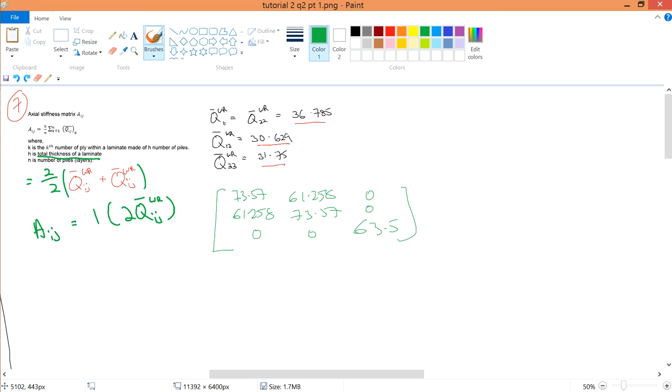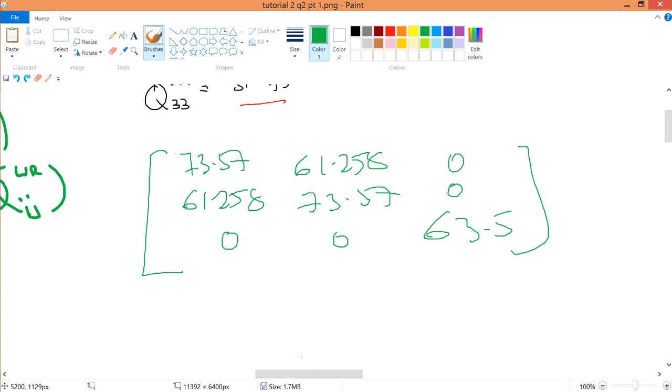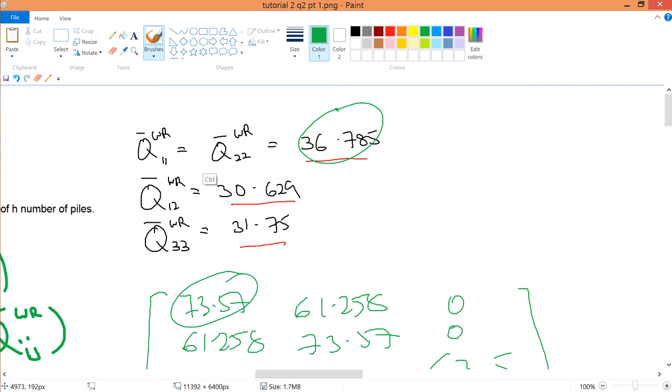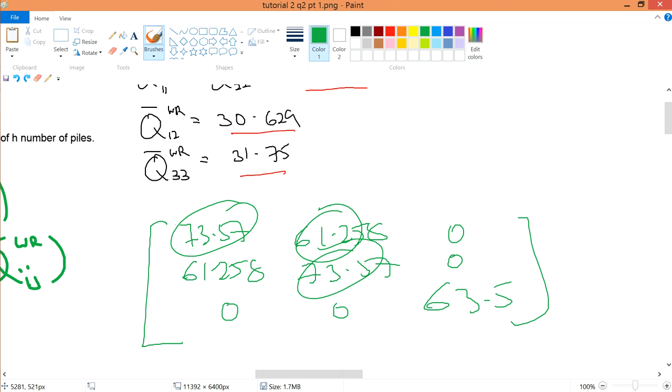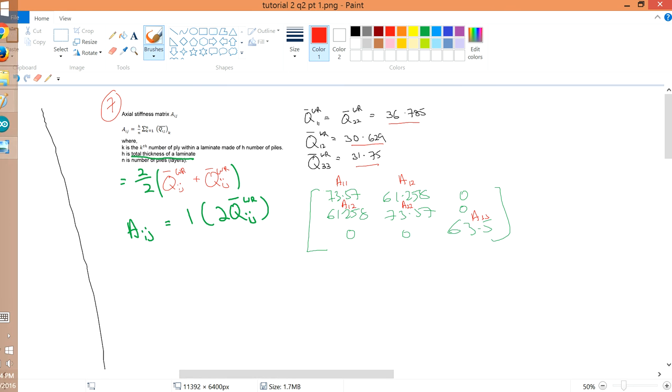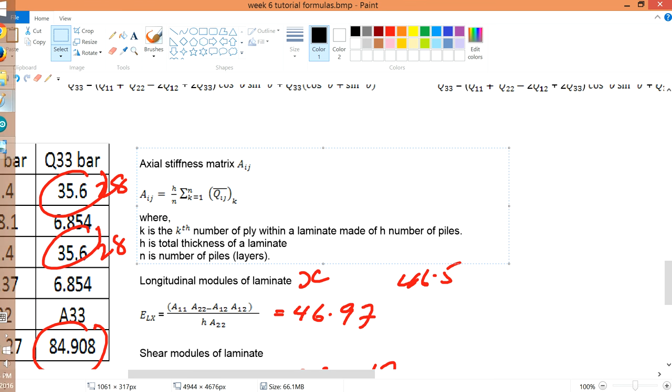So if I were to just, I think it's straightforward already, alright? So this value is 2 times your Q11, right? This thing here is also 2 times your Q12, same thing for your Q12 over here. Q22 is 2 times of this. Q33, sorry. Yeah, Q33 is this. Hopefully this is all clear to you. But nonetheless, if you want to make it clearer, you can label it, and that will be better. So you have finally found our axial stiffness, but we are still